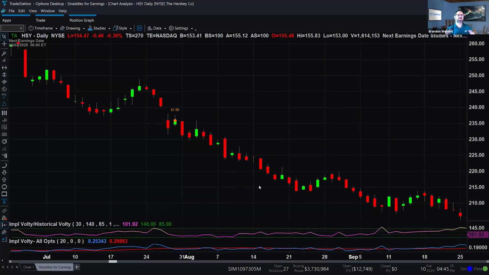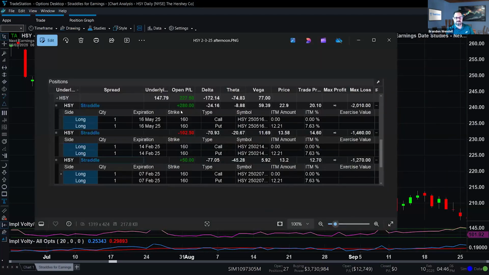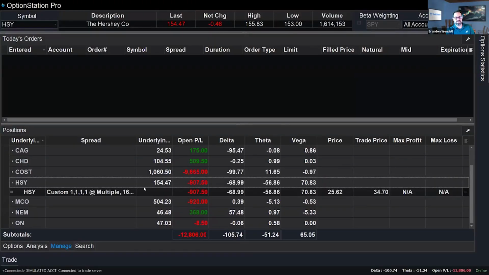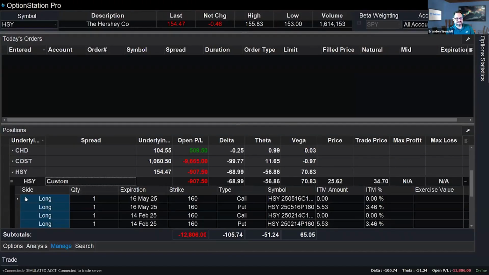Again, I'm looking for the average movement in volatility between the time I'm looking to enter and the earnings date, or actually the peak before the earnings day. It's usually 2 or 3 days before the earnings release, because that's most likely when I can take my biggest profits based on volatility. And then, of course, if you wait, the volatility dumps, all the profits go bye-bye. And you saw that from this day to where we are now, down $900 in the two different positions.